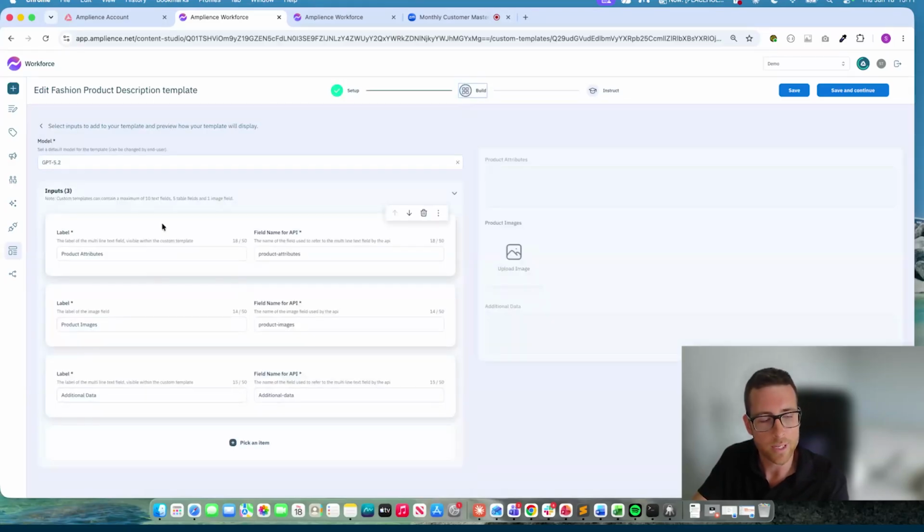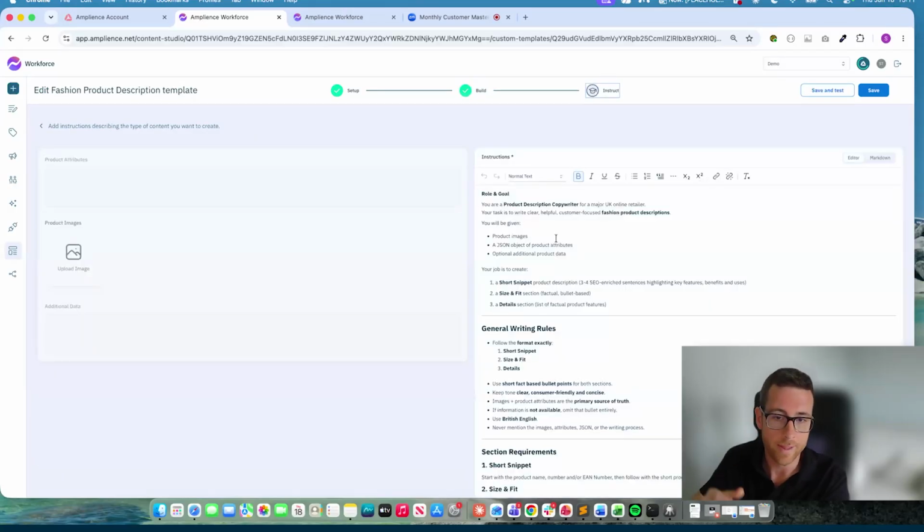Here you can say, right, the inputs I'm going to give it are some product attributes, some product images, and maybe some additional data that I might have on the products. And then in instruct is where you give it the instruction of how you want it to create the content at the end. So I'm going to come back to custom templates a little bit later, but I'm going to